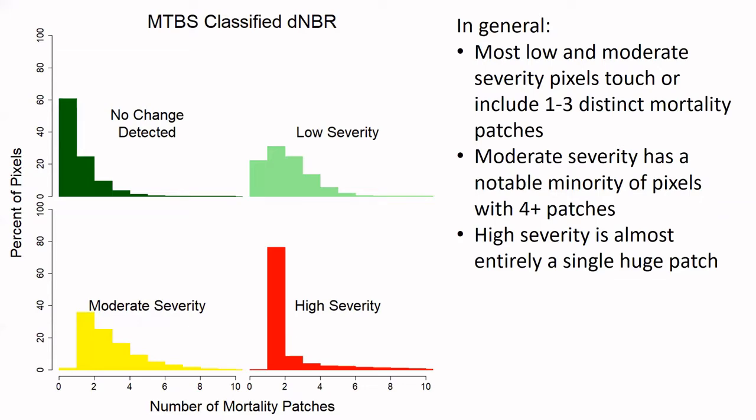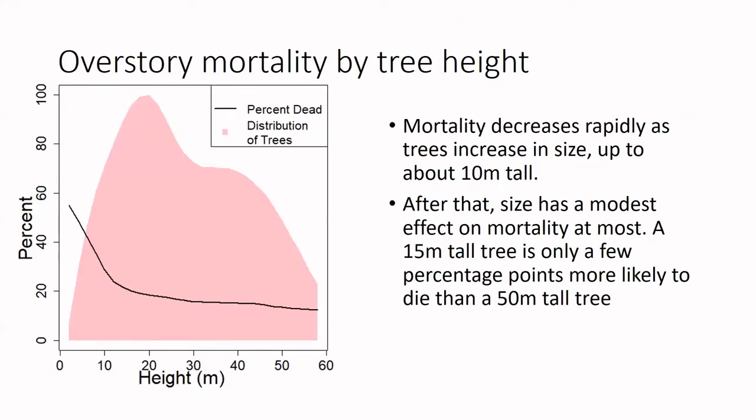And then the last thing I wanted to look at is, since we can track the fates of individual trees, individual overstory trees, we can just check, is there anything that corresponds to whether they live or die? And the thing that lidar is best at measuring is height, and tree size correlates reasonably well with age. So we just looked at, given a tree of a certain height, what is the chance that it survived?